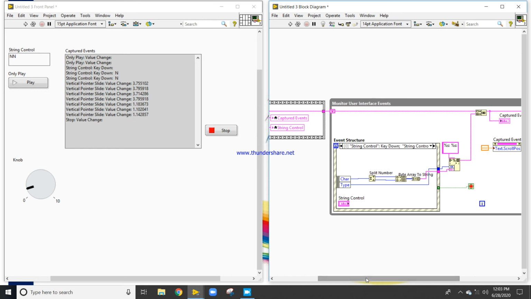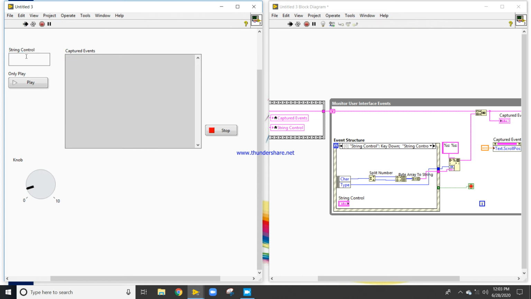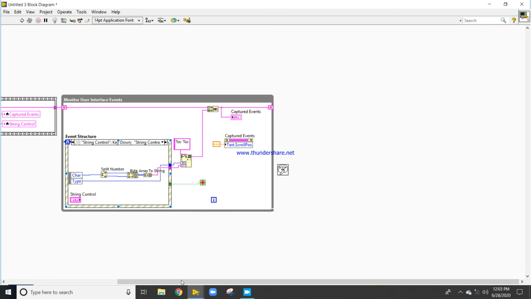Nice. So now what will be the output? Let's check it. Value change pressed. So now my target has not been achieved, so I will again try to edit the logic.